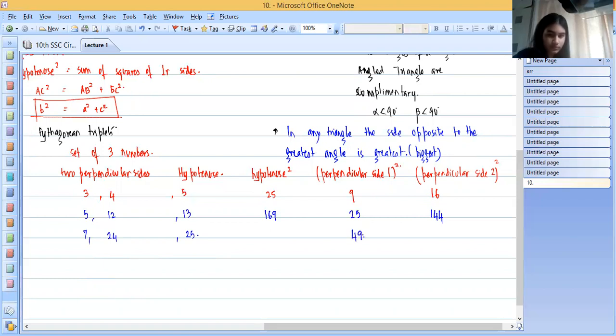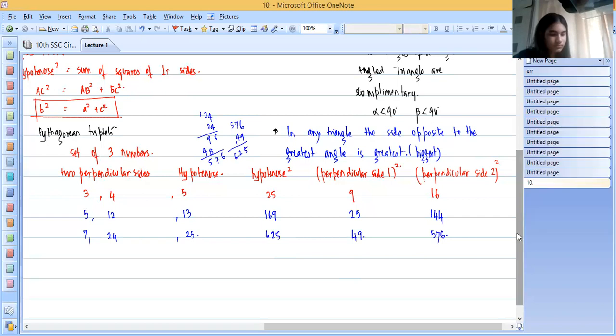What is 24 square? 576. And 25 square is 625. So what is 576 plus 49? 9 plus 6, 15, 7 plus 5, 12, 625. Okay. So this is a Pythagorean triplet, but